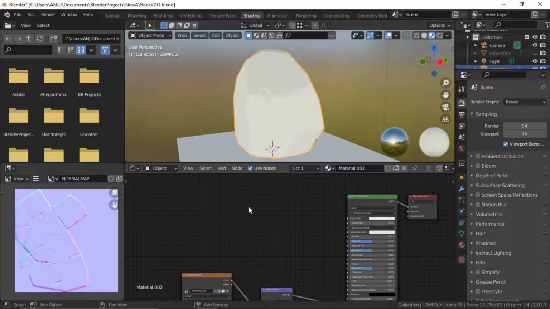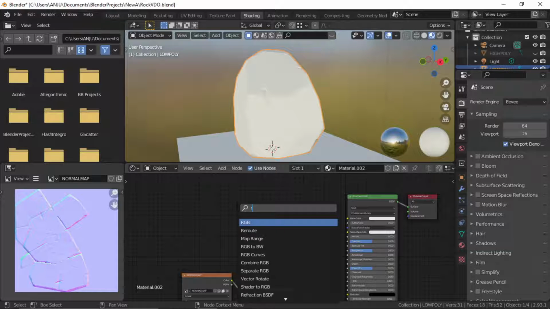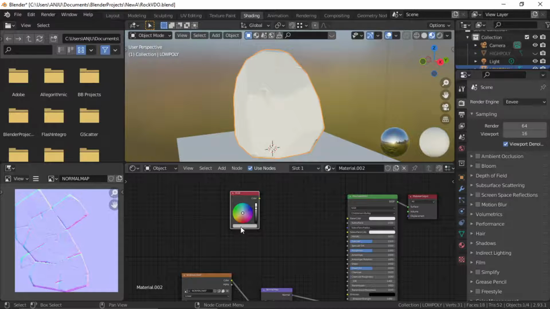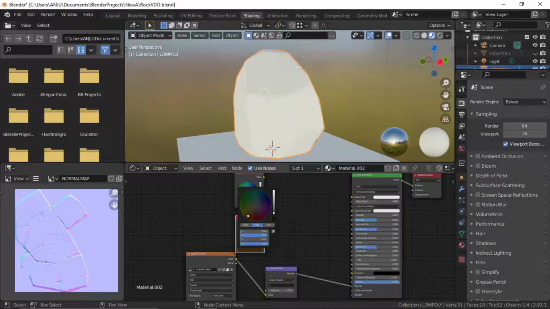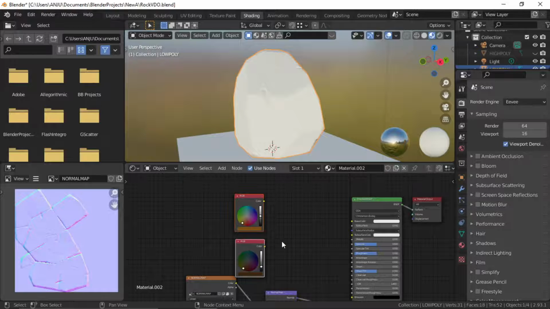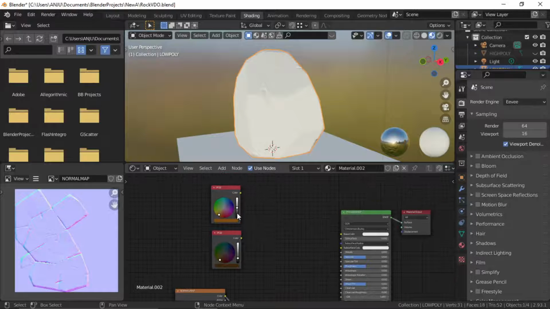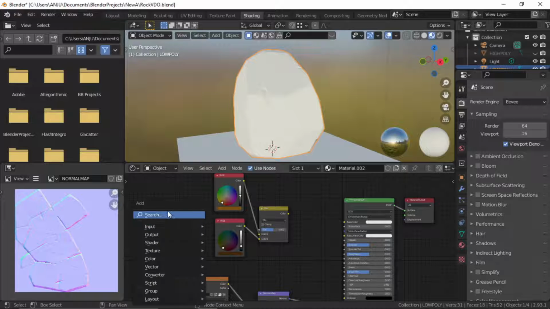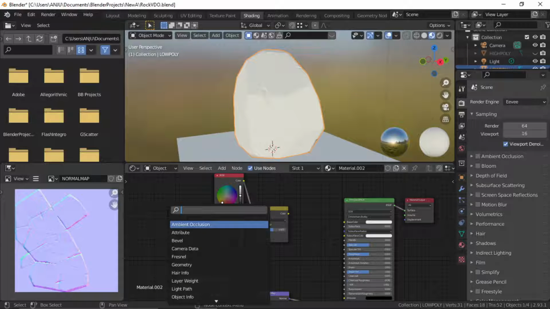So shift A and I'll add RGB node, select the color darker yellow, duplicate it and make this even more dark, and I'm going to mix these. So Control Shift right click drag, and the factor will be a noise texture. So select noise,